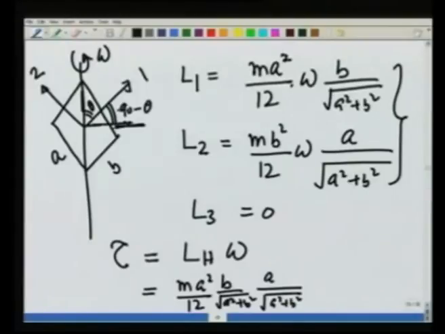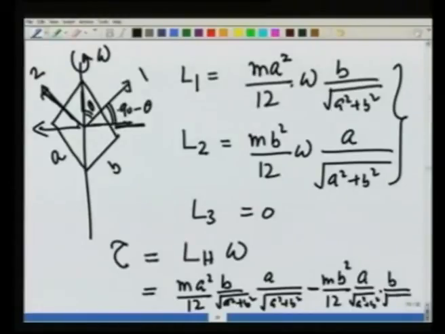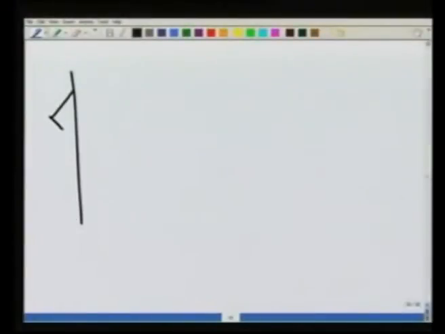That is in this direction. The L2 component would have a horizontal component going in this direction. So, it will be minus m b square over 12 a over square root of a square plus b square times b over square root of a square plus b square times omega. Let me rewrite it. So, I have this body, this is L1, L2,